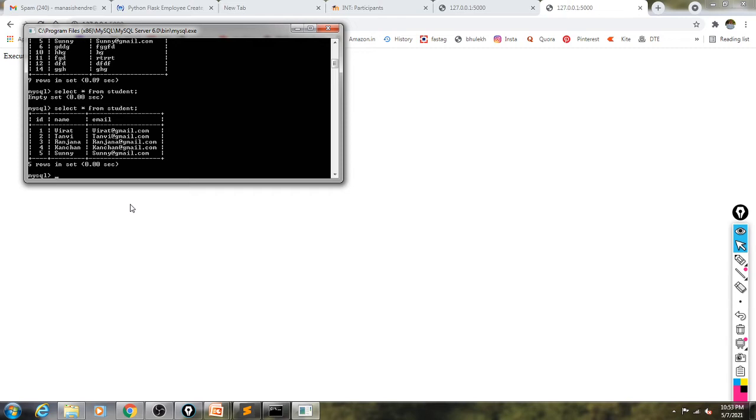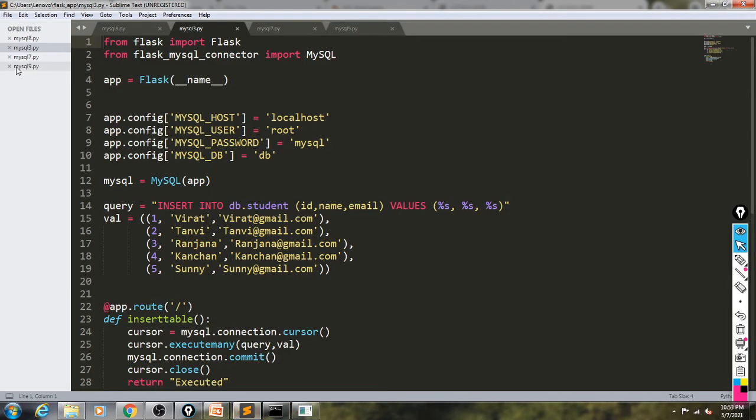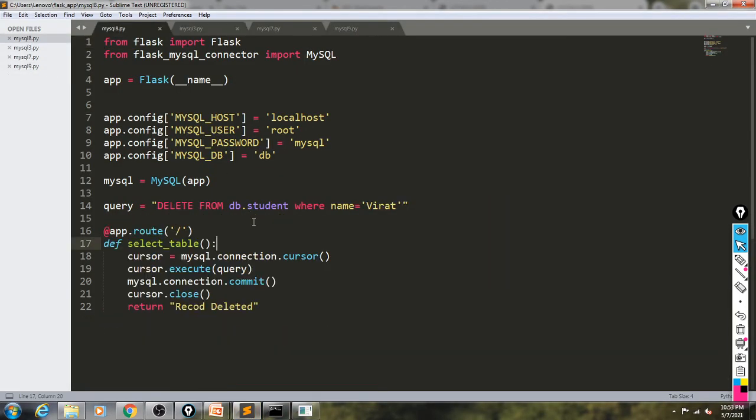Okay. Now we want to delete a record which is having name as Virat. So how we can execute this one? This is our script, MySQL 8.py. So the query is delete from db.student where name is equal to Virat.